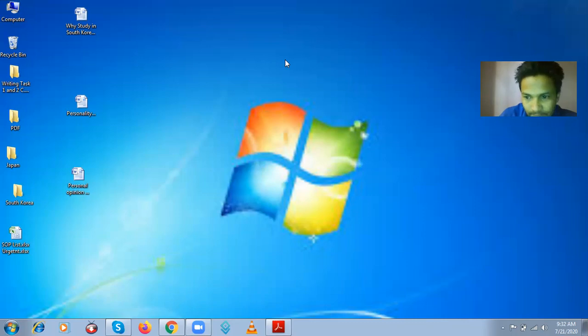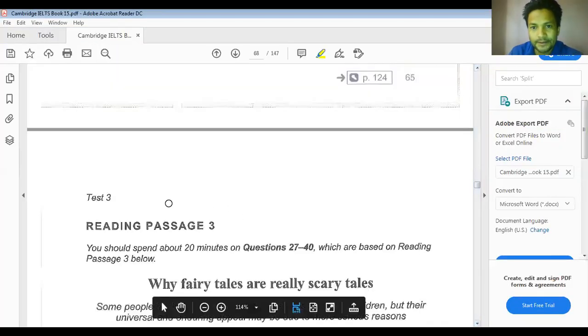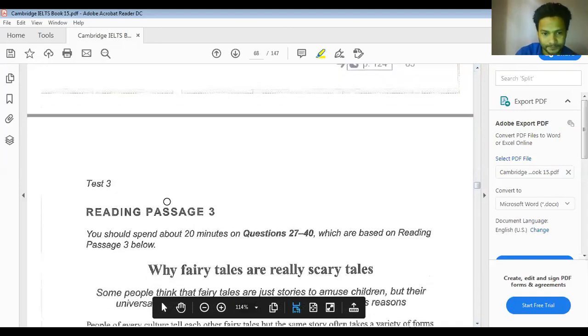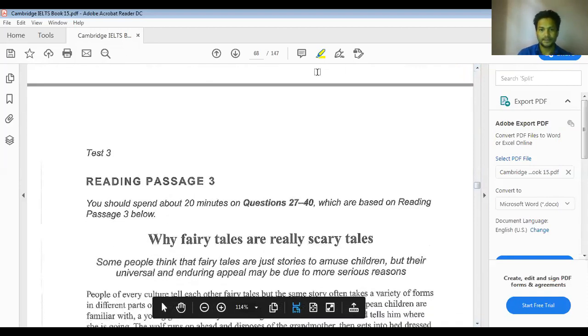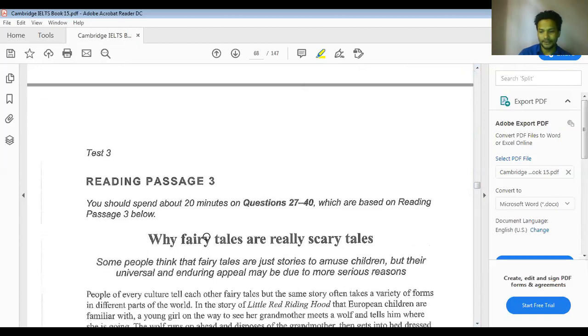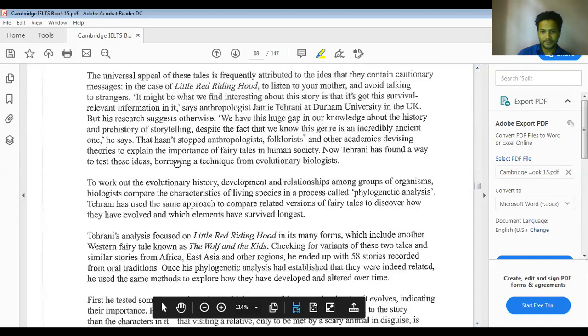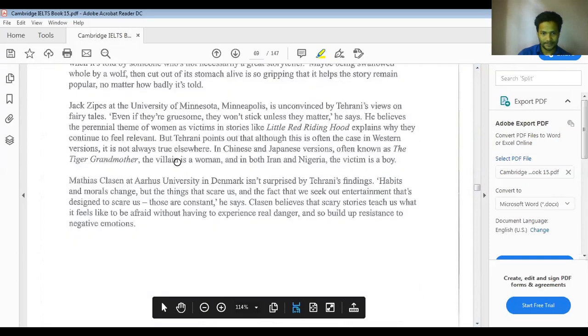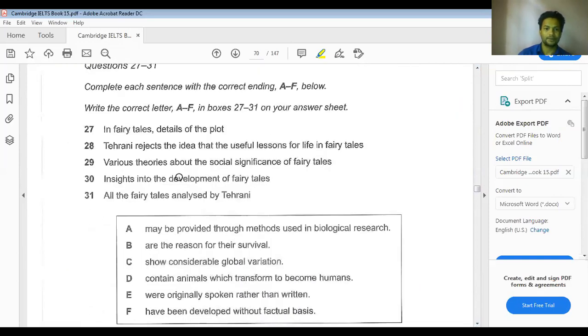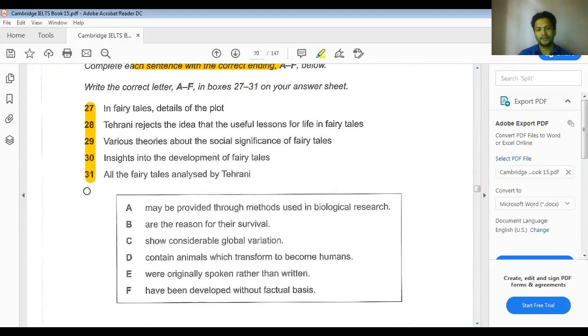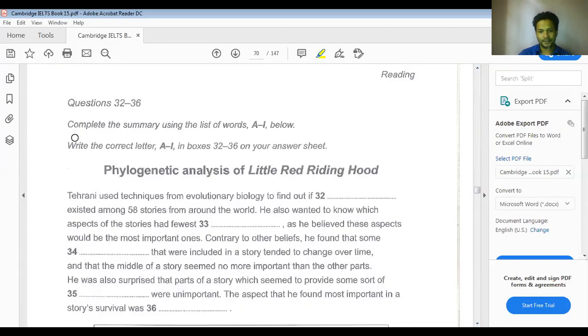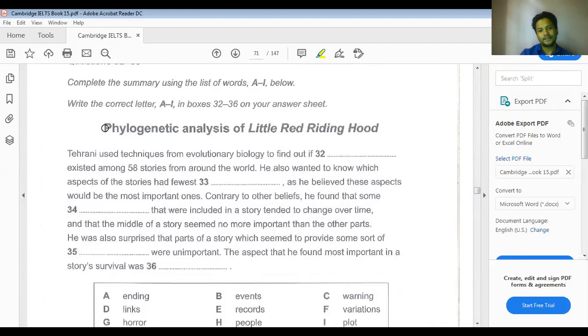So here we go, this is test number 3 and passage number 3, and here we have got the questions, matching sentence endings. Matching sentence endings are always 100% in order of the text. First 27, then 28, 29, 30 and 31 they come. And this gap fill question